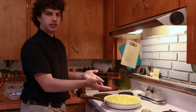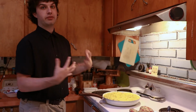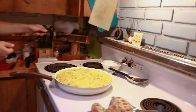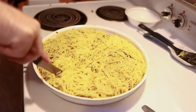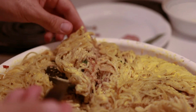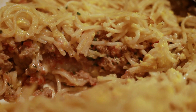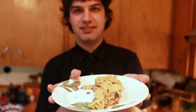Now that the top of the frittata has been fried, you can either put it on a serving plate or serve it from the pan. Because I don't have a serving plate big enough for this one, it's going to be served from the pan. And there we have it, stuffed pasta frittata. Delicious